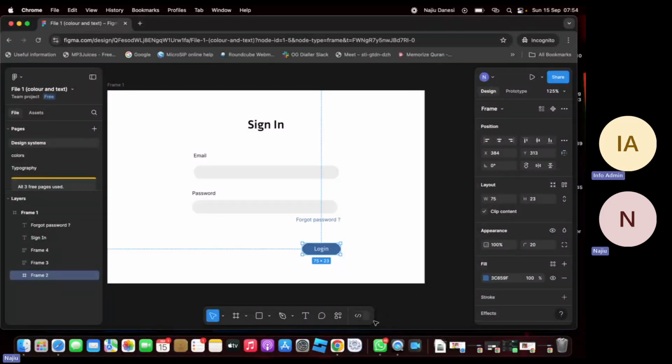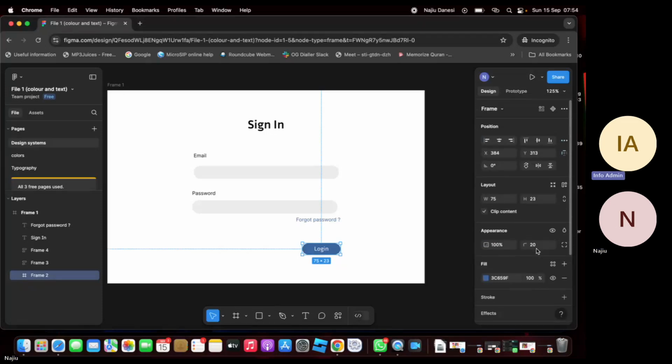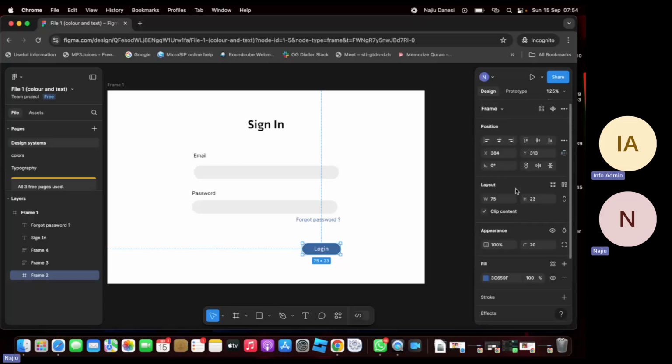Let me hide this. You want to make it what? A component. I want to make it a component. A component is something that you're going to reuse a lot of times. You understand? Okay. It's something you are going to reuse a lot of times. So you want to make sure that, okay, I need